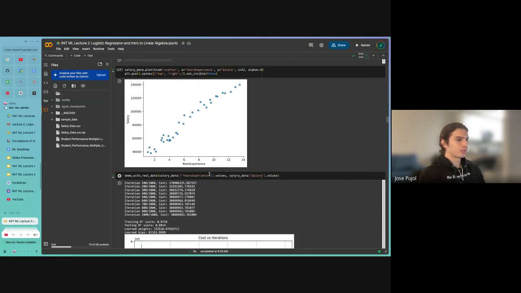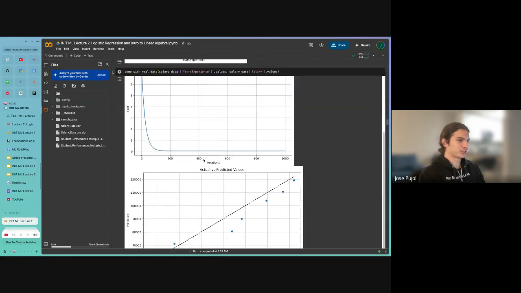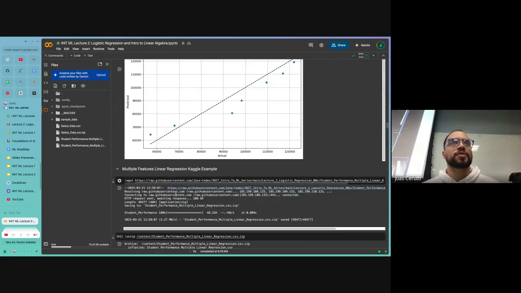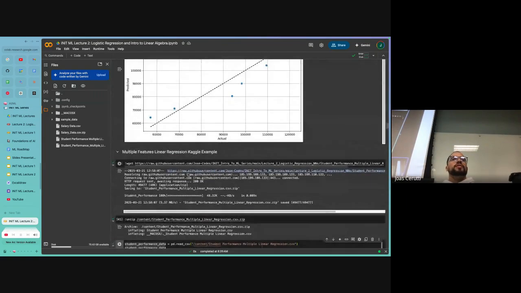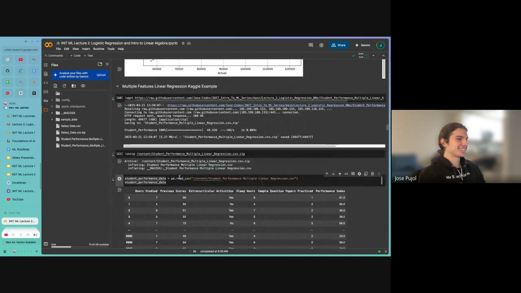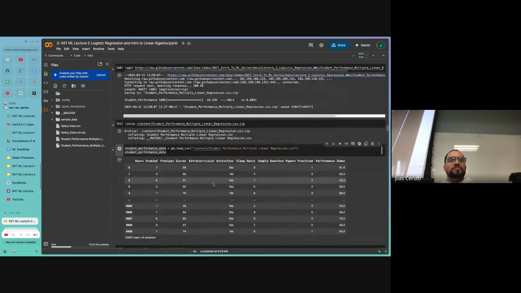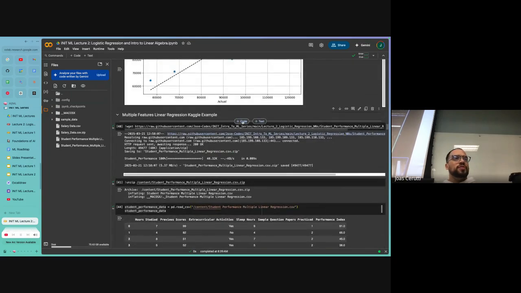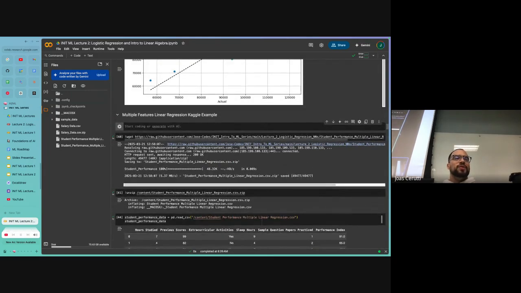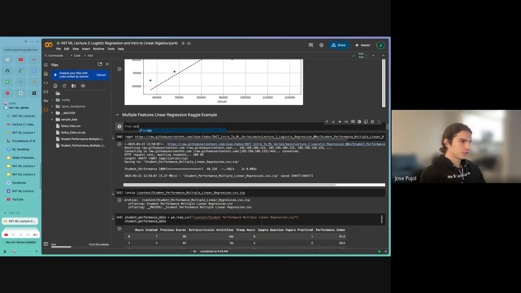And one thing I'm not showing you today, but I will show you in the future, is scikit-learn. In scikit-learn, you just end up importing all those functions and classes, and it does it for you. But the good thing about doing it from scratch is that you understand what's happening, as opposed to just calling a function and thinking, oh, okay, this is happening in some imaginary box. So I'll show you now with this example.